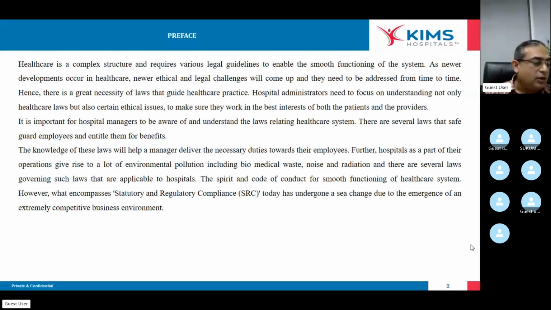So you see, hospital administrators become the connecting link between the management and the patient, or the doctor and the patient. And no administrator can get away with any excuse in this case. The administrator has to ensure that the healthcare regulations, healthcare compliance, the laws, everything is taken care of.